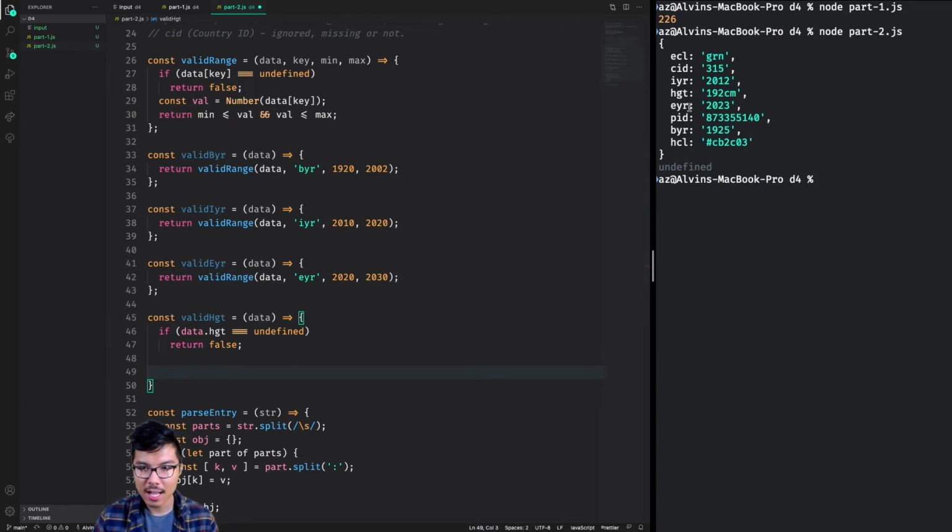In other words, height would look something like this. Let me make sure that I can look at the last 2 characters, right? It's either going to be in for inches or cm for centimeters. So what I can do is I can get maybe the const unit equals